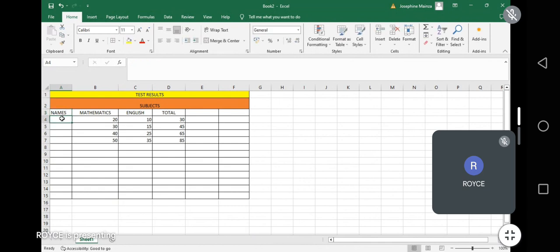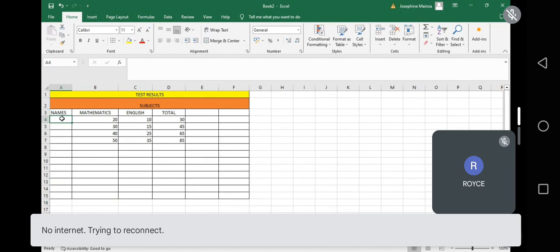Remember I talked about how to add a column. So we're going to give the first student, what name can we give the first student? We're just going to call the first student